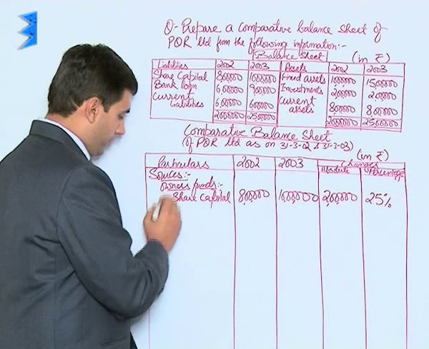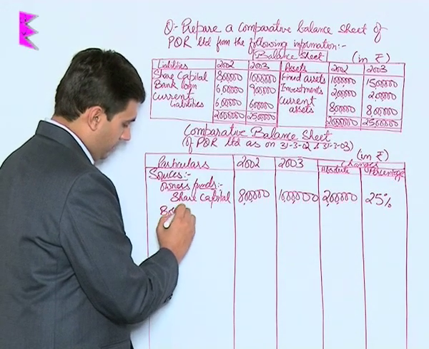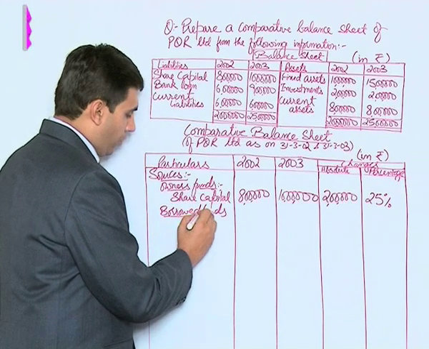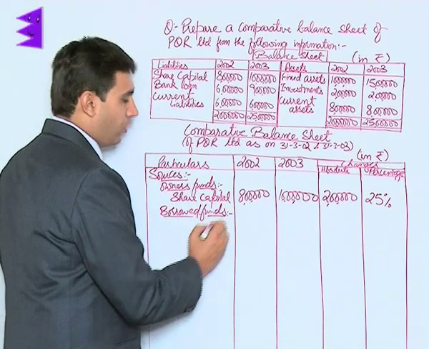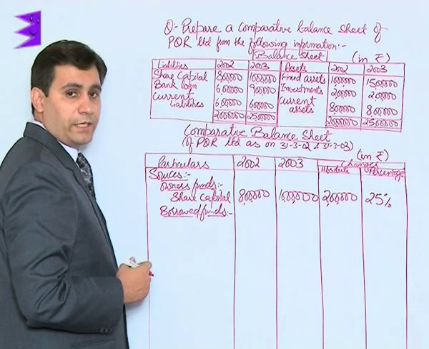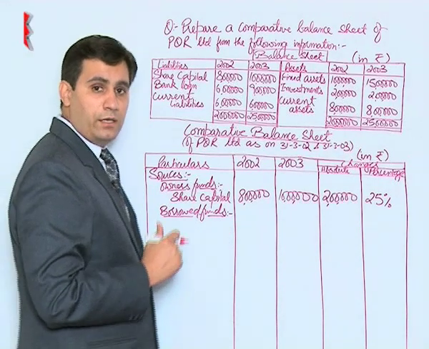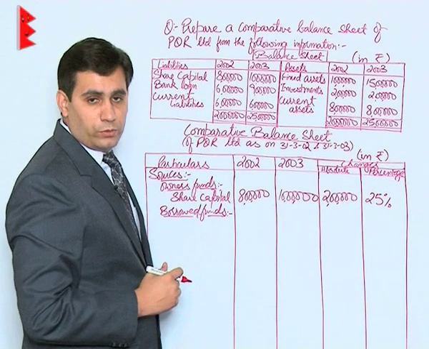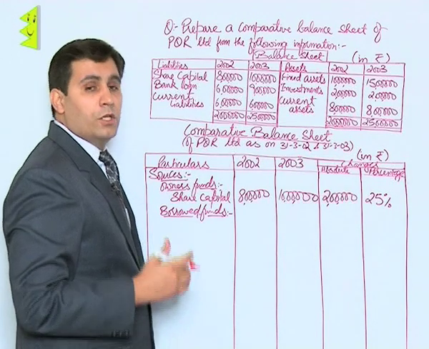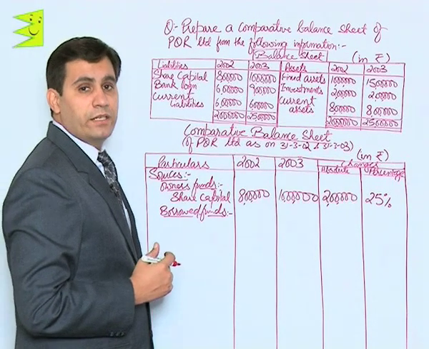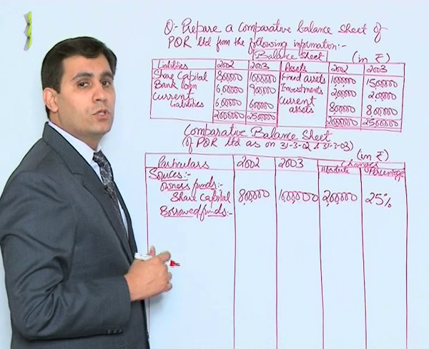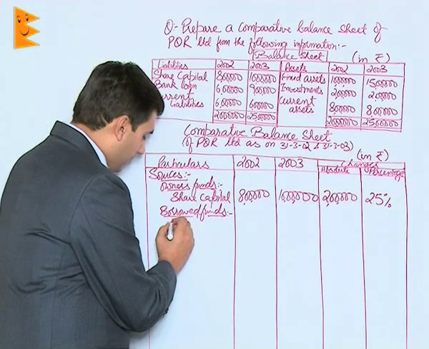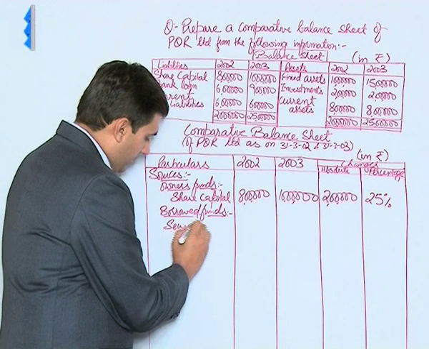Then we have borrowed funds. Borrowed funds means funds that we have taken on credit from outside. They include secured and unsecured loans. Now in this case we are given bank loan, which is a long-term liability. Usually banks give credit on certain security only. So most of the time bank loan is a secured loan. So we will write it under the heading of secured loans,